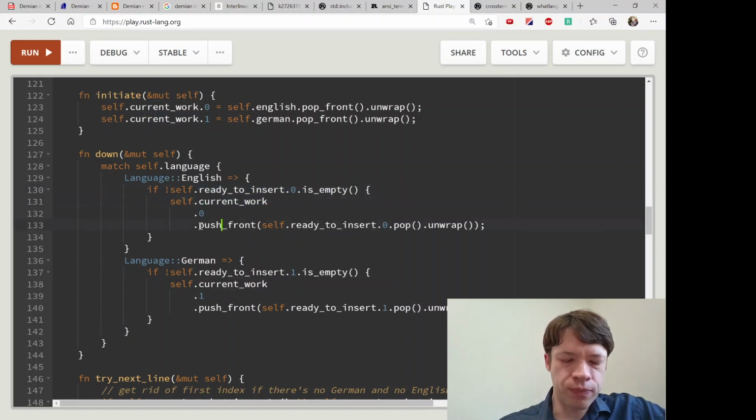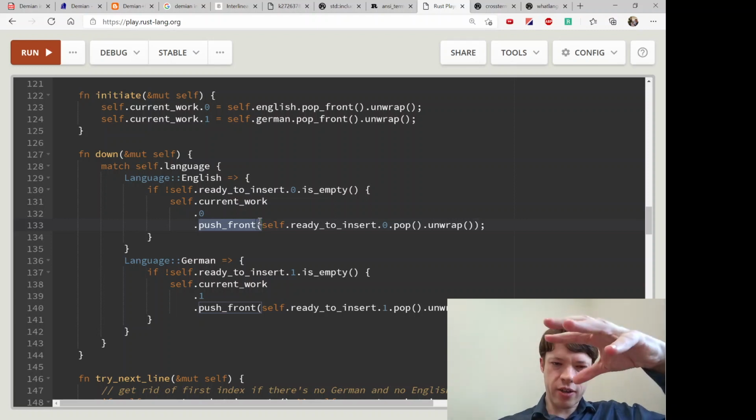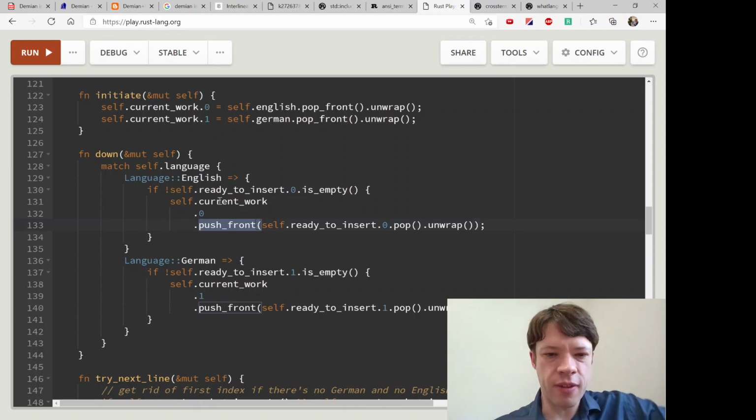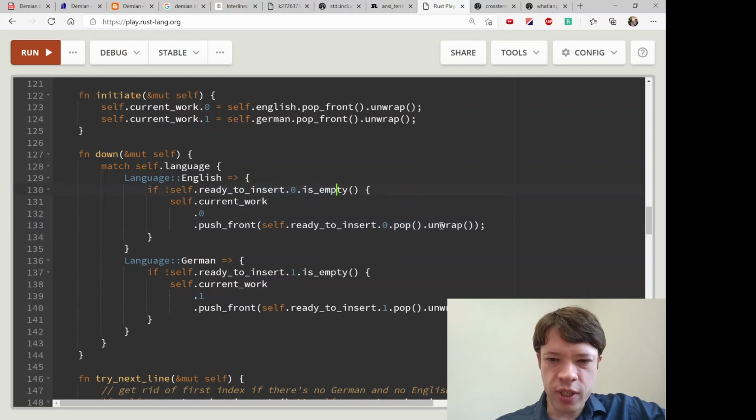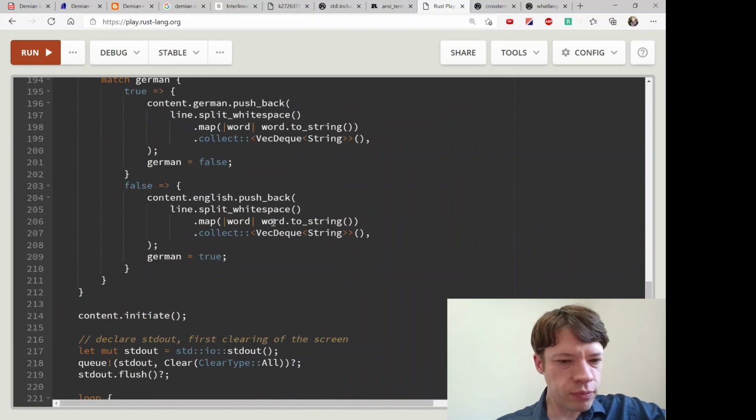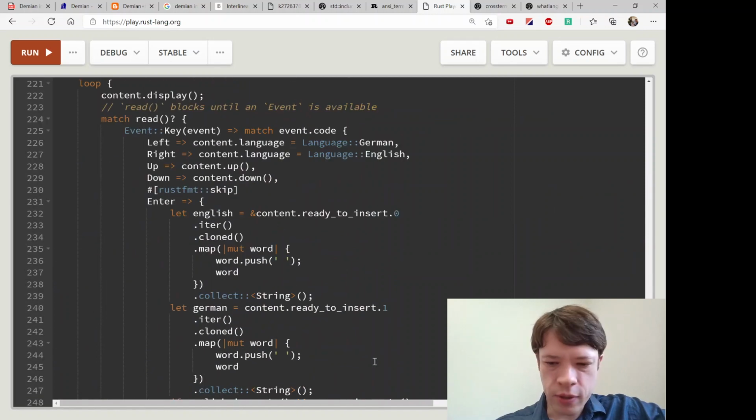So what I will do is push front, which is to put it right at the top there, or right at the front of the VecDeque. And we know that it's not empty, so it's safe to unwrap. So I'm going to pop off the end of ready to insert and put it on there. So that is how the up and down works.